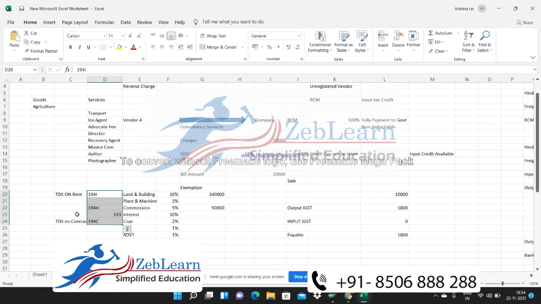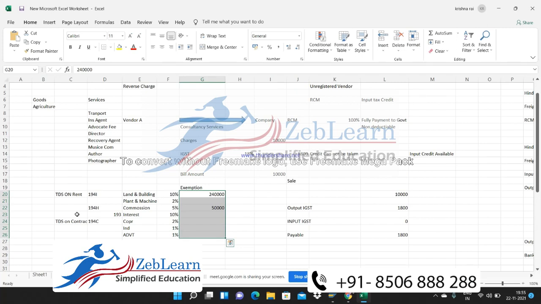We represent these sections with the help of conditions, and we also need to map the exception limits in the system, so that the system will automatically deduct TDS, whether it is liable to deduct TDS or not. So we are going to create this exception limit as well, so that the system calculates on the basis of the exception amount for a particular section.